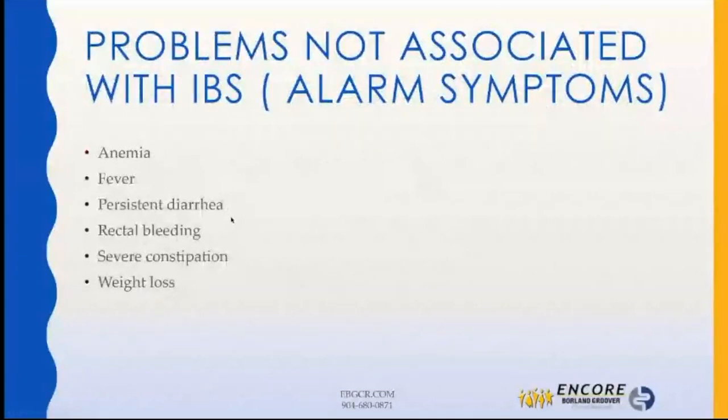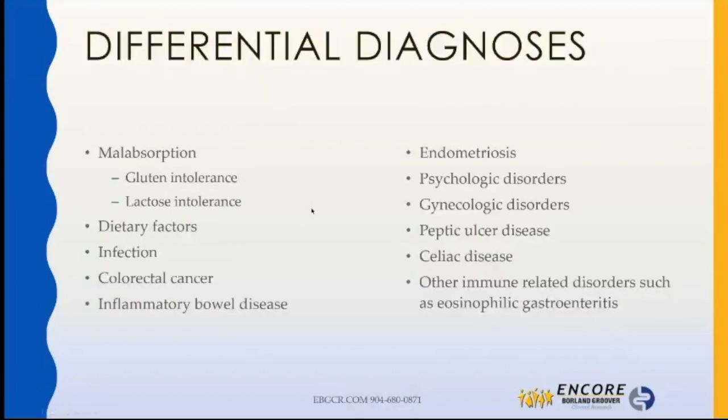So the first thing that goes through our minds as practitioners when we have a patient with this presentation is to make sure that there isn't anything more concerning that warrants investigation. Generally, we refer to these signs and symptoms as alarm symptoms: anemia, low blood count, fever, persistent diarrhea, rectal bleeding, even the white kind, as some people like to call it, meaning seeing blood after wiping on tissue. And weight loss are some of those major alarm symptoms that we always try to extract and know about,